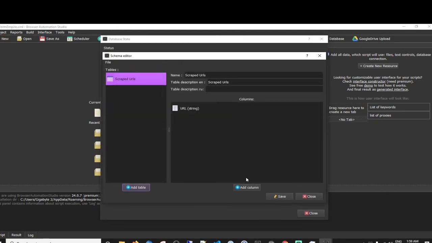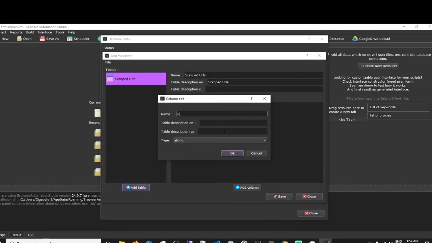I'm going to have a keyword used. So what I'd like to do is have the keyword used, and then when it goes to the site, grab the main focus keyword.